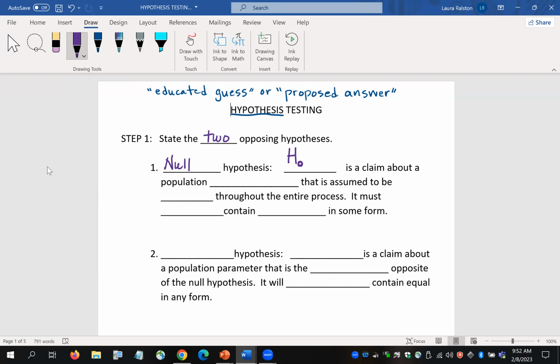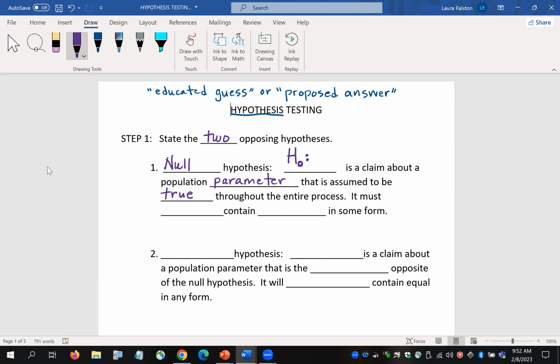Null is an old-timey word, an old English word that implies none or zero, so that's why the subscript is 0. So the null hypothesis is a claim about a population parameter that is assumed to be true